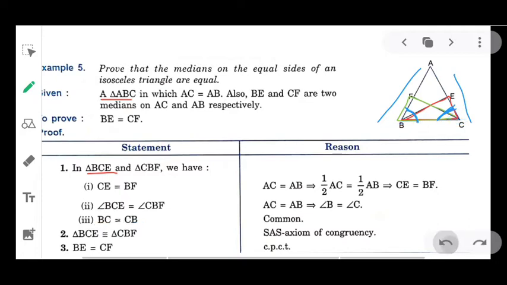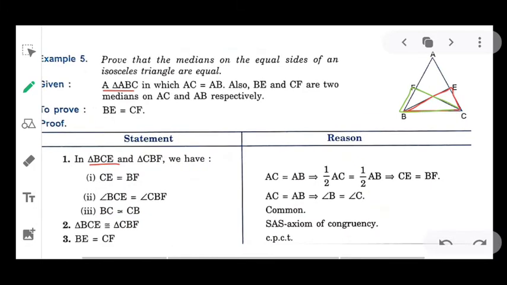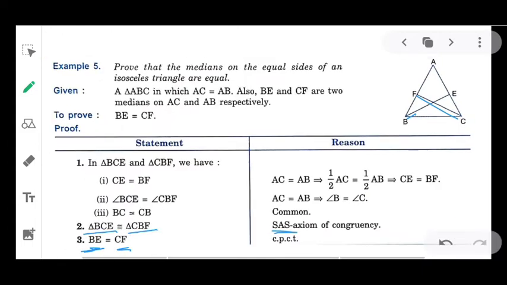Now the triangle BCE is congruent to triangle CBF by the side angle side axiom of congruency. Okay, now we can write BE equals to CF, because the corresponding side of BE will be CF. So BE equals to CF by CPCT. Okay, now